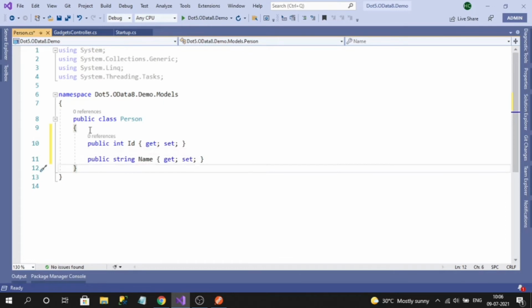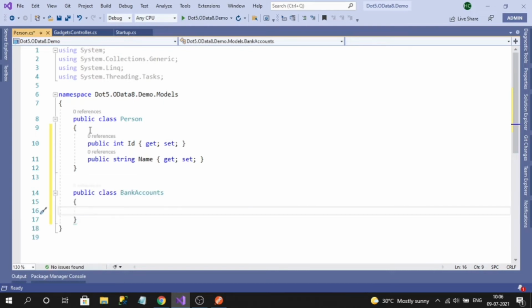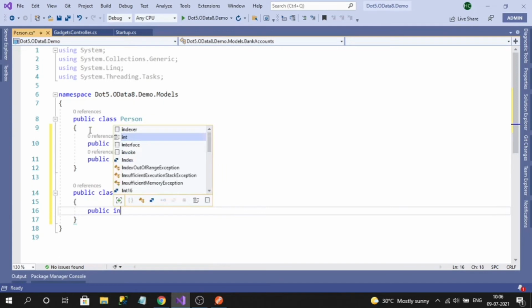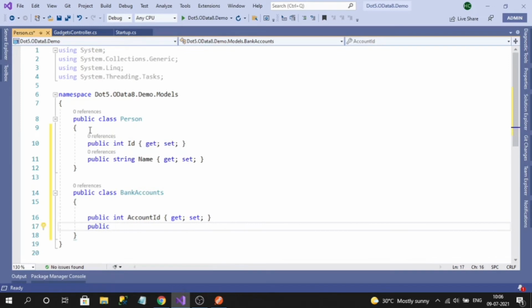I will also have another dependent class, BankAccounts, with an int AccountID and a public string BankName.